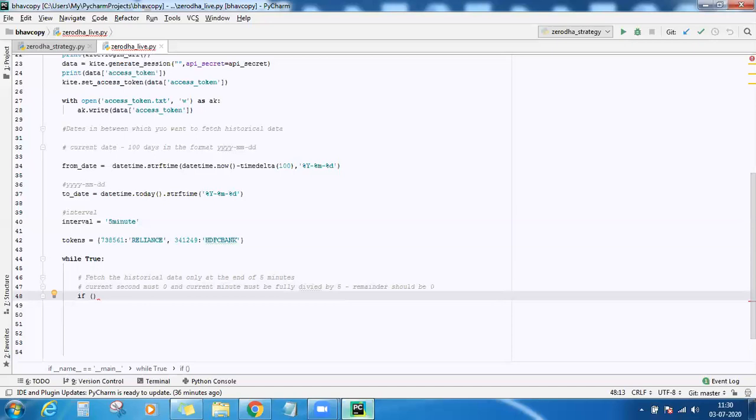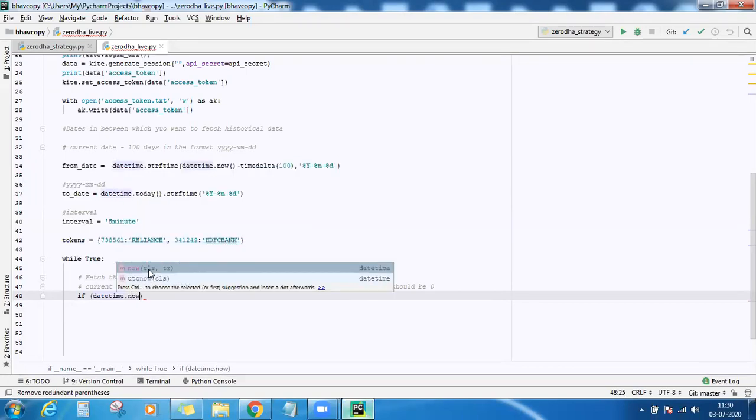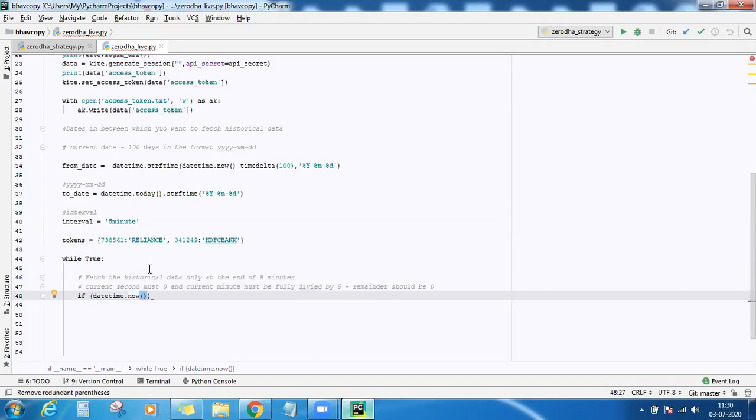So give the outer if condition here. So if datetime.now. What this datetime.now does is it will give you the current date and current time at a time. So from this, I want to extract the second. If this second is 0 and